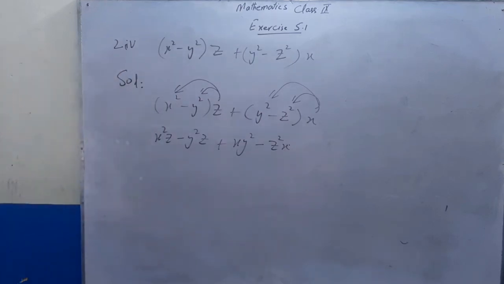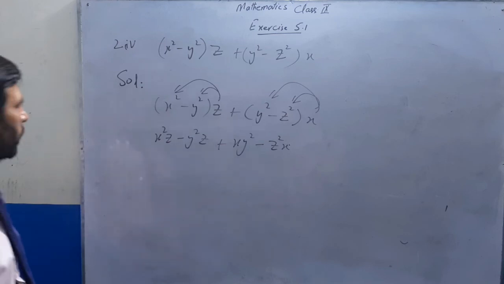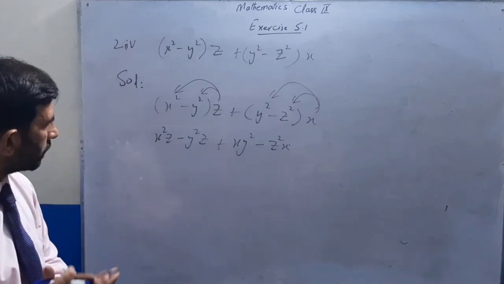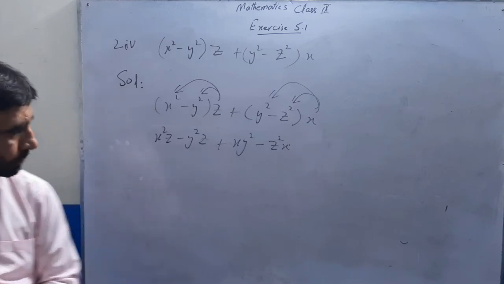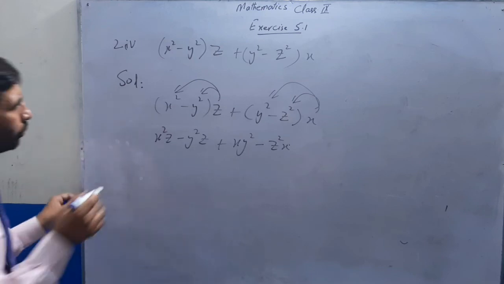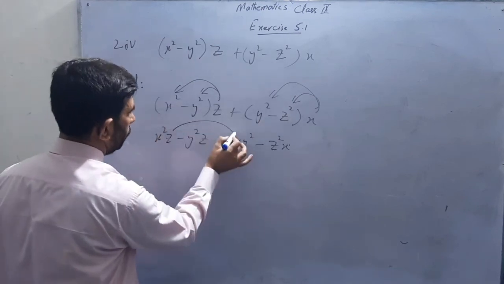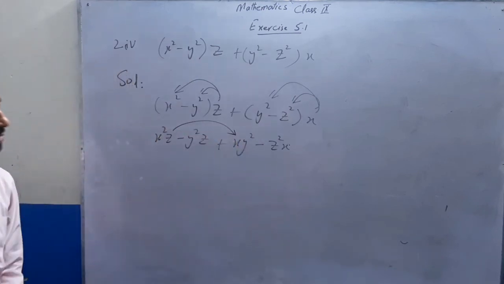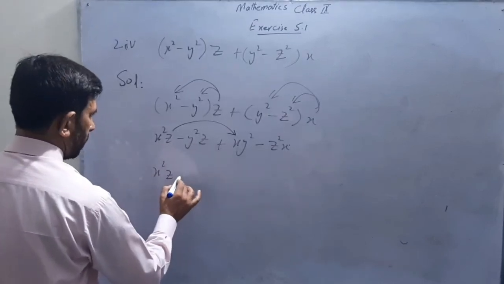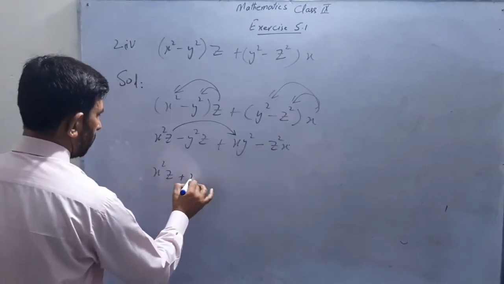We have multiplied the numbers which were outside the bracket. Now we have found 4 terms. We have to arrange the terms so that we may take common. What may be taken as common in these two? Now we have to arrange. The first term will be written along with the third term because x is common over here. So here you write x square z